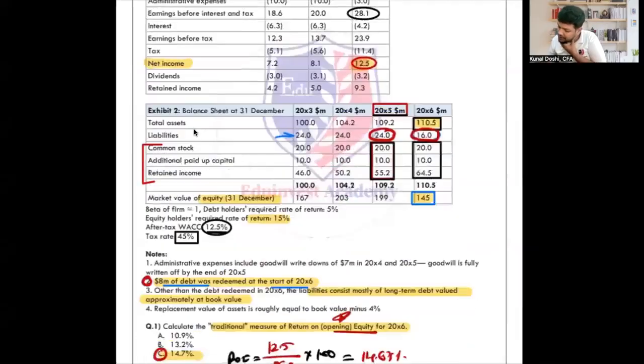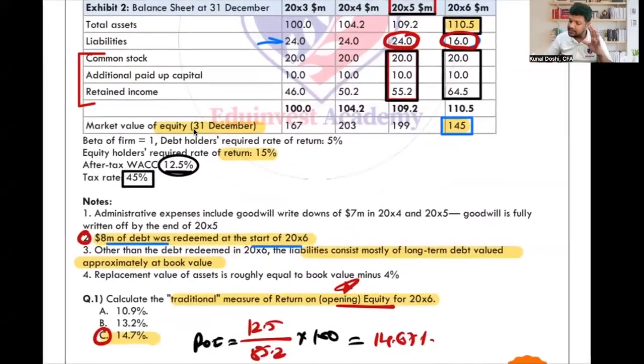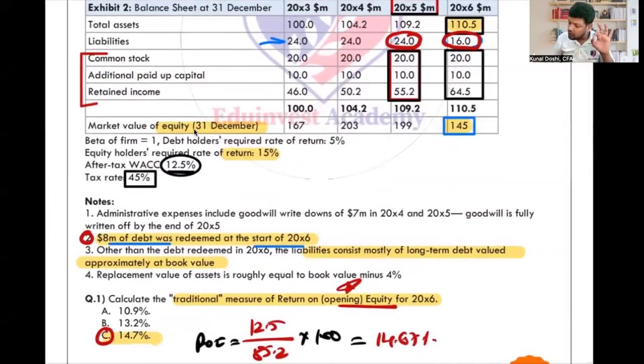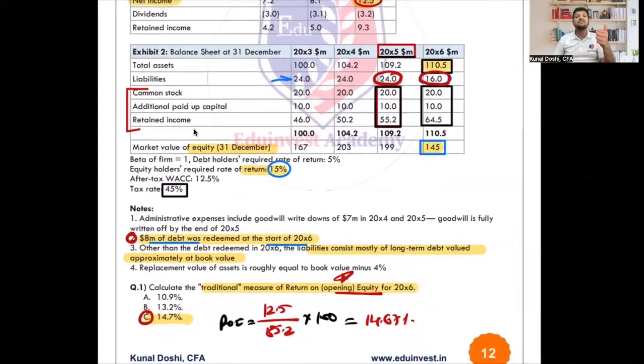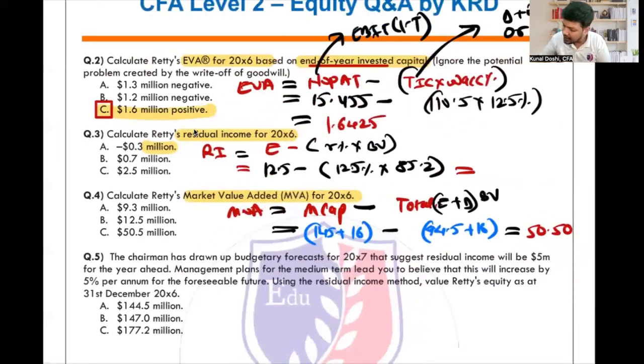Is it 12.5? Oh no, my mistake. I'm so sorry. I think I took WACC. We should take cost of equity. So sorry. We should take cost of equity, 15 percentage. Sorry, this has to be 15 percentage, because we are looking for equity, right? So here 15 percentage on 85.2